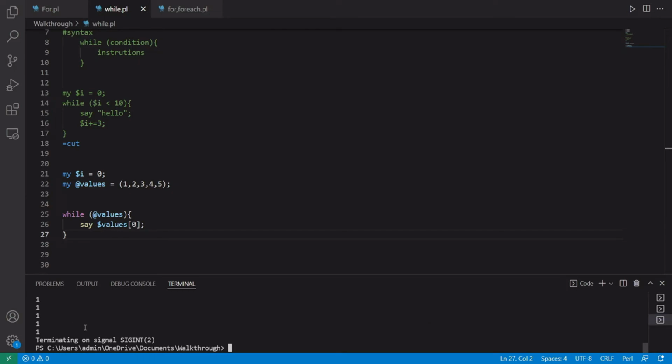To prevent such an infinite while loop, we need to use a destructive update of the values array by modifying the array within each iteration, like this. We need to declare a variable, let's name it value, and give it the value of shift @values, which is the name of our array, and we need to say value.